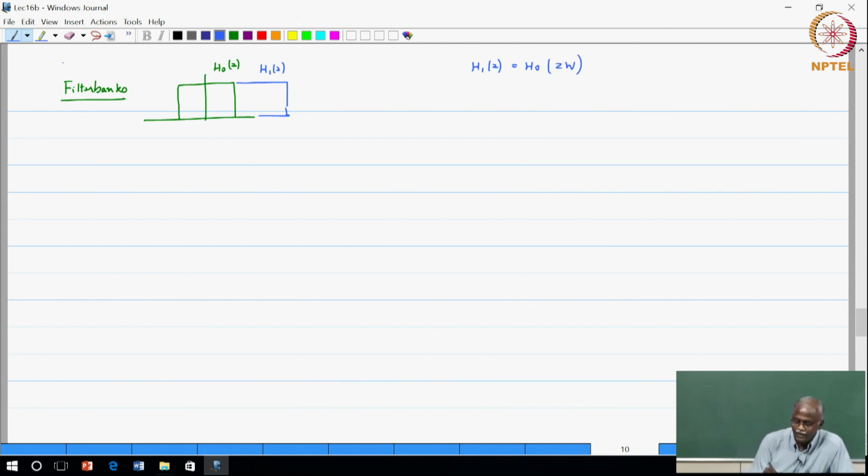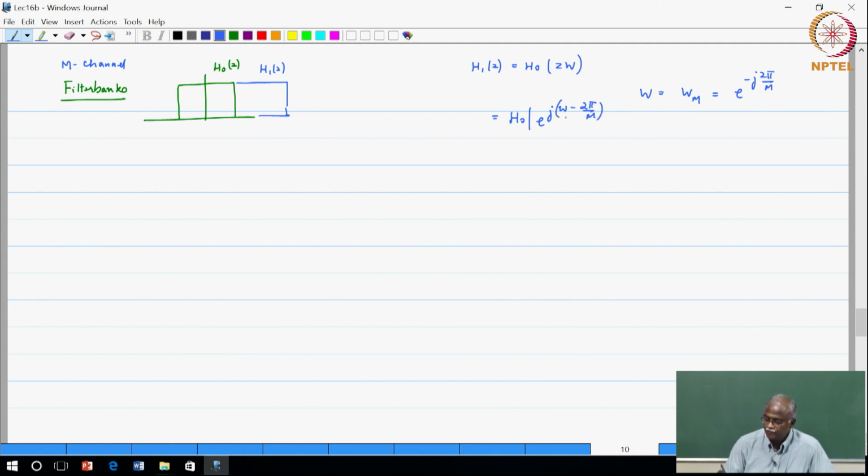This is an M channel filter bank. So, W is actually equal to W_M, which is equal to e power minus j 2 pi over M. So, this is actually H0 of e power j (omega minus 2 pi over M). Okay, this is the basic definition of the